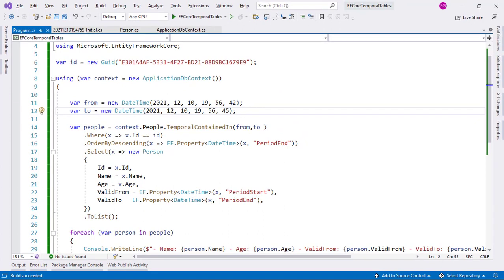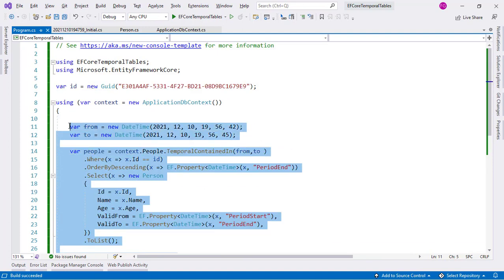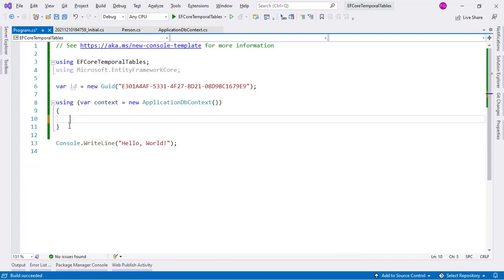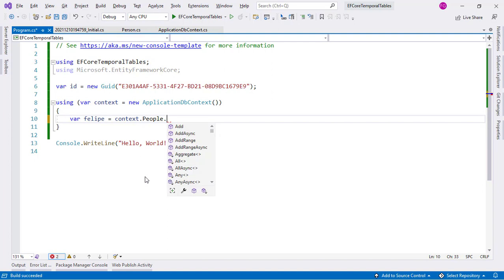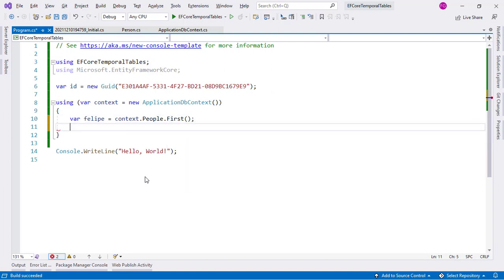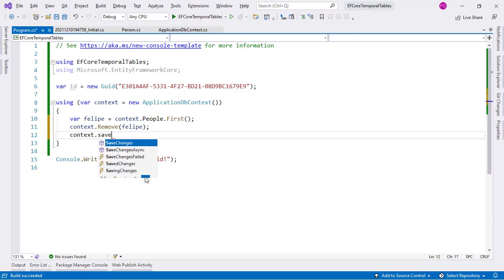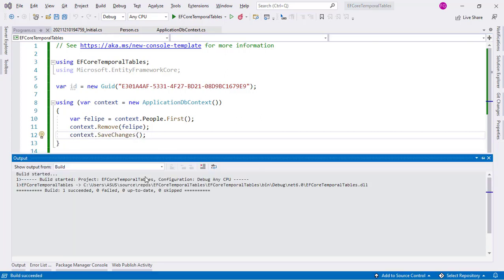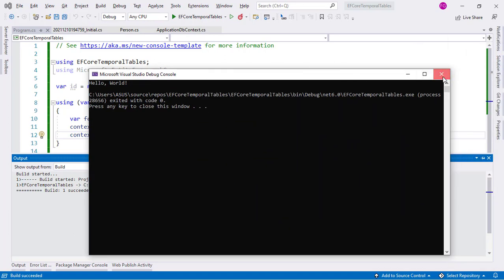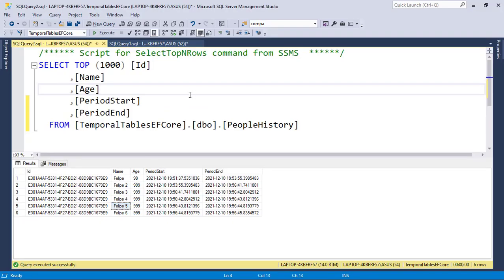Now finally, for our final example, what I want to do is to delete our record and then recreate it from the history table. So let me delete this. Let me delete all of this, and now let me say here var Felipe equal to context people first. We only have to say first because we only have 1 person in the database. So context remove Felipe and context save changes. Alright, so let's press Ctrl F5. And as you can see, this has been successful,